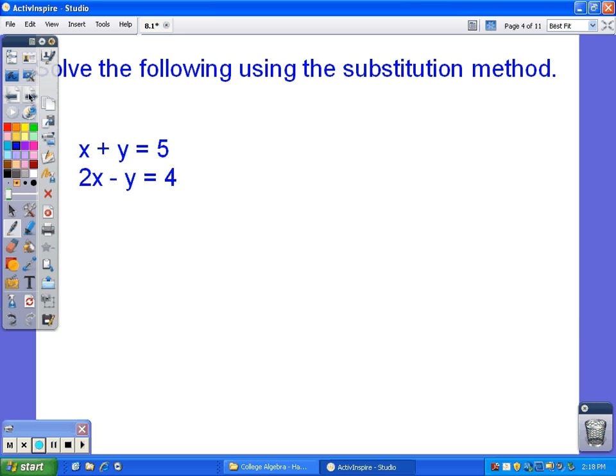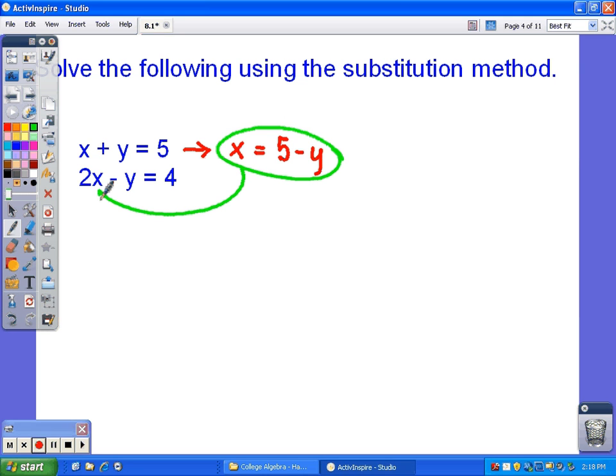I'll just take the top equation and solve it for x. So solving for x, I would need to move the y to the other side, and it would become negative y. We're going to take this and plug it into the other equation for x. So that means my second equation would now become 2, not times x anymore, but what we found x to be, which was 5 minus y, is equal to 4. Using our distributive property,